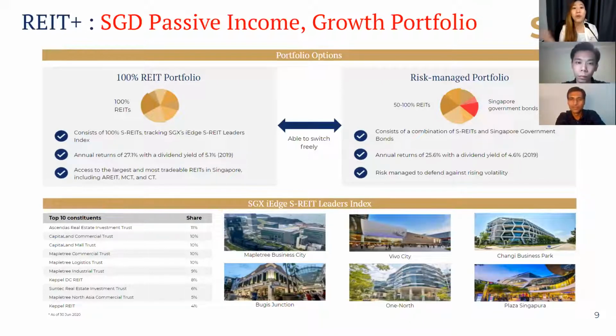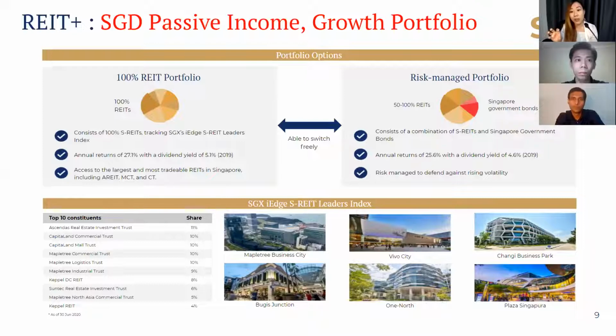I mean, if you had told me even the banks and the government services were going to allow their employees to work from home, I'd be saying you're kidding me, because just look at how rigid and how strict they are about data privacy and access and everything. There's just no way. But hey, COVID-19 happened out of nowhere. None of us were really expecting it, and that just happened. So we need to differentiate, you can call this a black swan event or whatever you want to term it, but no one can really predict this. And if this did not happen, these kinds of REITs would still have been a great investment.